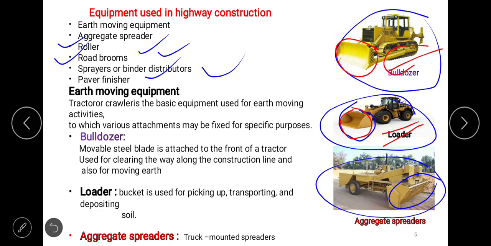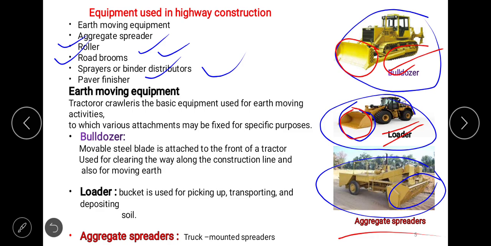In order to load the material, after the material is excavated, it is required to be taken from the existing position and it should be loaded into the truck to take up to the spoil bank, where it is disposed if at all it is not being used, or if it is somewhere to be used the same material, it will be dumped there, right? Just I am explaining in a little bit of detail, though you have already studied all these.